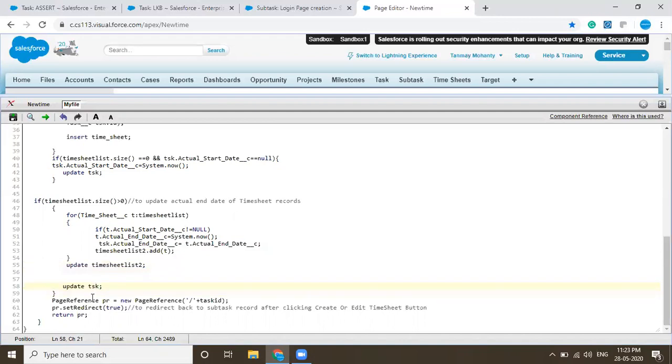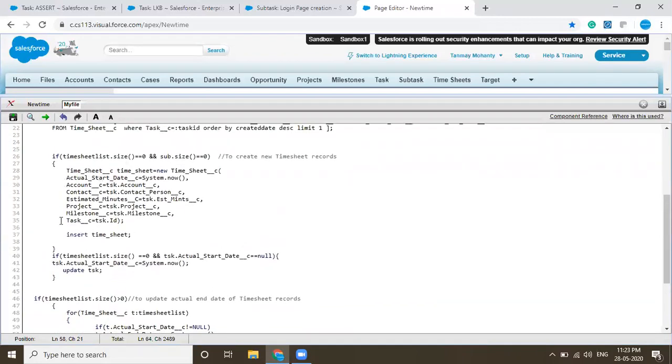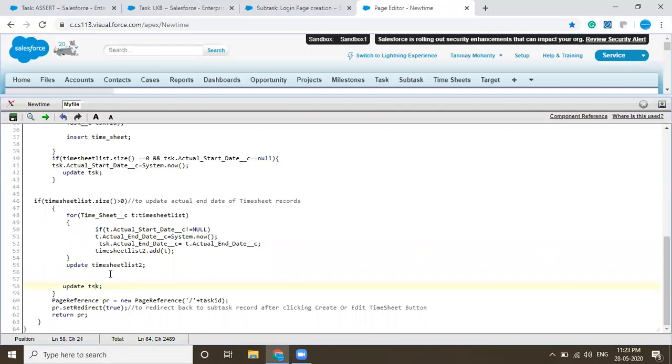Okay, so now return to the page. Again, if you are clicking, then it will go to the first option and execute. After that, the second option, if you click again, it will refresh the page. That's it. This is the whole concept.